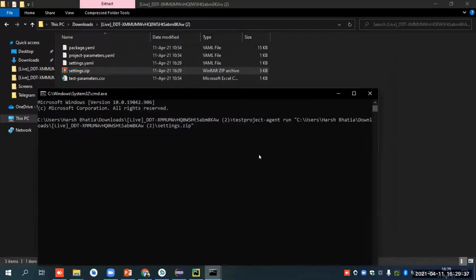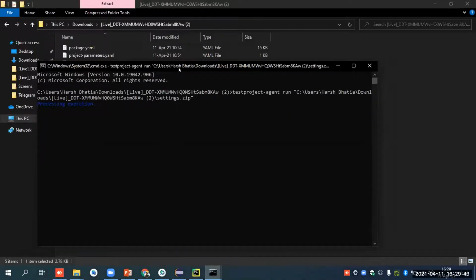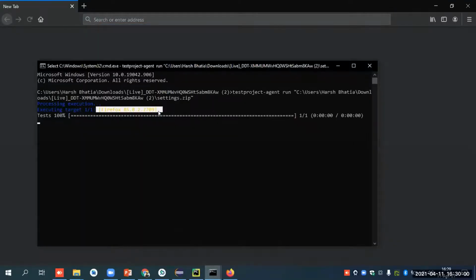Okay, I will hit enter. So what it will do now is run on the Firefox. It will not run on our Chrome browser itself. Okay, so you can see that the execution target here is the Firefox itself, not the Chrome.